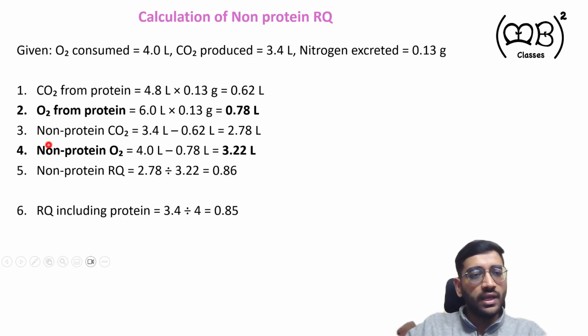But I can still get the non-protein CO2 and oxygen if I subtract from the total, and non-protein RQ would be the ratio of non-protein CO2 produced to non-protein oxygen consumed,